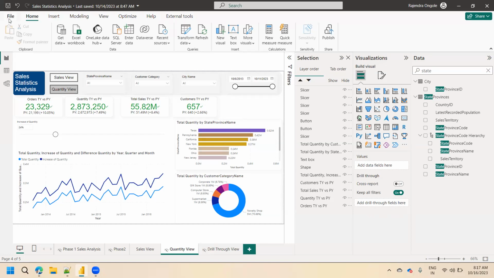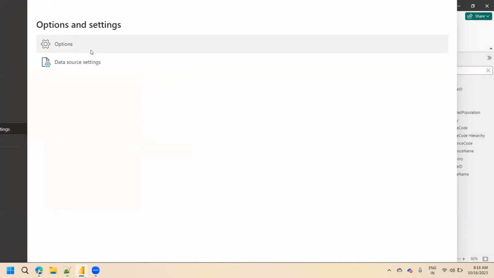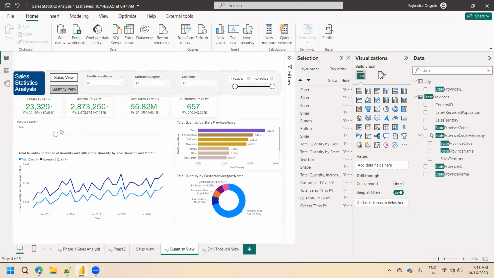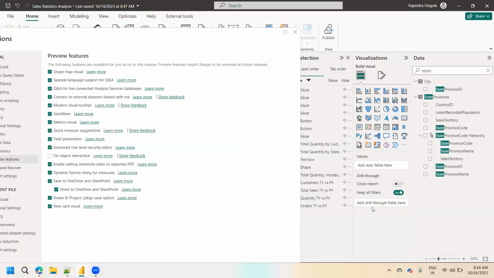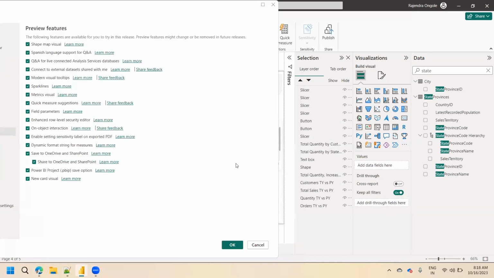If you already enabled this feature, on object interaction, I have disabled it for some reason, because it is still not giving the date in the right format. Suppose you enable this on object interaction, you cannot see this drill through mechanism, add a drill through field here. This option is not visible to you. Where it is available, that is the next question I'm going to get. See here, let me turn it on. I will showcase where it is available